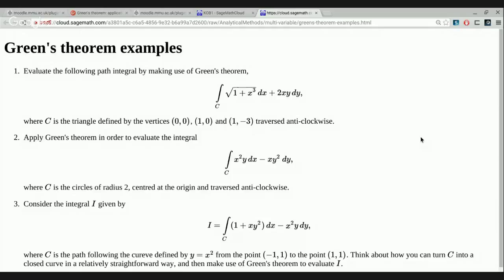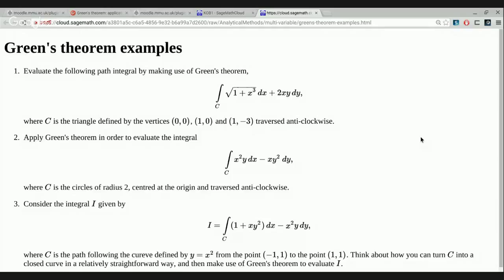Considering this integral given here, the path we're asked to integrate along isn't a closed path. It's just the path which follows the curve y equals x squared from minus 1, 1 to 1, 1. It's this U-shaped curve that comes down from minus 1, 1, follows y equals x squared down, touches the origin and then comes up here. So it's not a closed curve. Now this function isn't really that difficult to integrate. You just turn it into a polynomial integral,